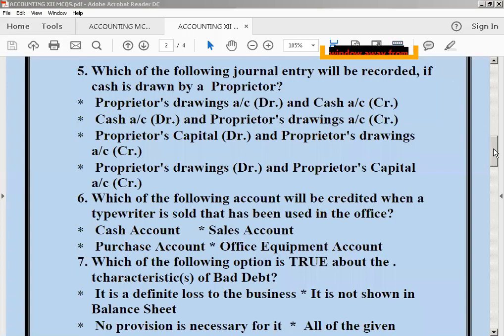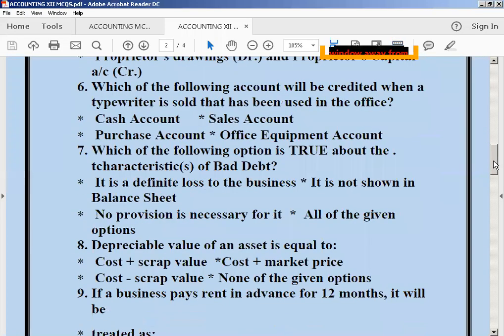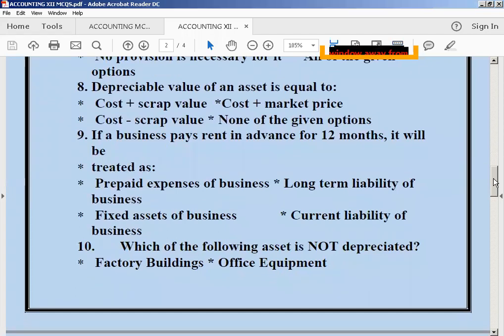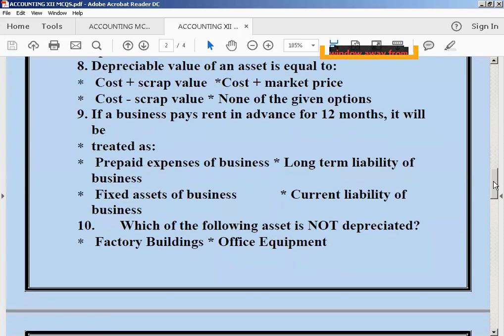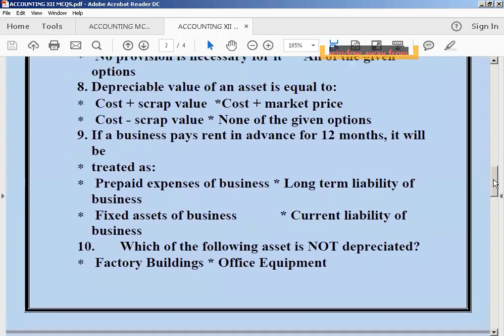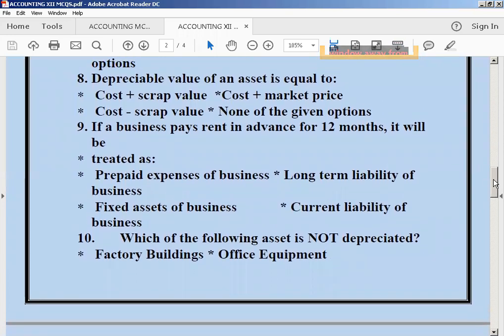Let's proceed further. Okay girls, I am proceeding further. Now what you have to do, focus on your MCQs. Yes students, you have your MCQs number 8, 9 on your screen. I will try to have the other one also. If I switch towards more, I cannot get the answers. So you have to solve only 8, 9; 10 cannot be done over here. Depreciable value of an asset is equal to dash.